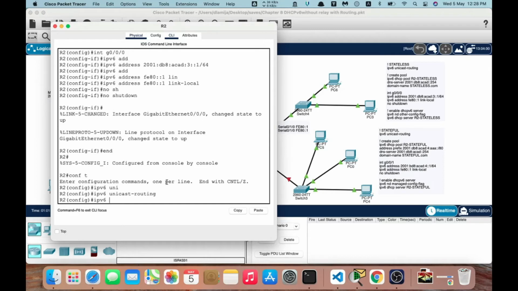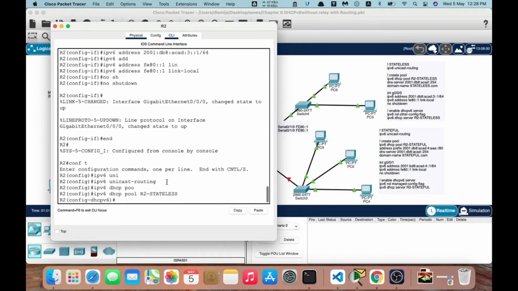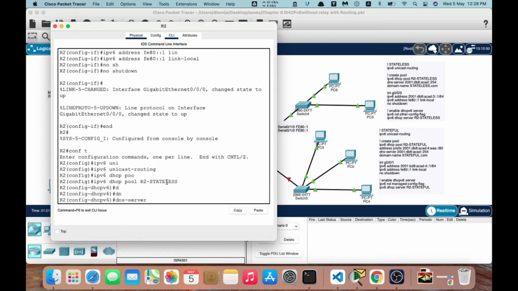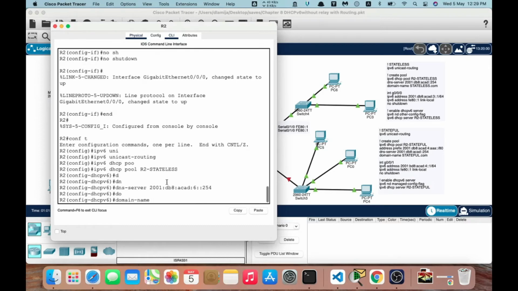We still call it a pool: IPv6 DHCP pool. We need to give it a name, so I give the name R2 stateless. Just a name. Okay, so the other info that we need is the DNS server. Let's say this is just a dummy IP: 2001:DB8:ACAD:6::254. Never mind. And the domain name, I say